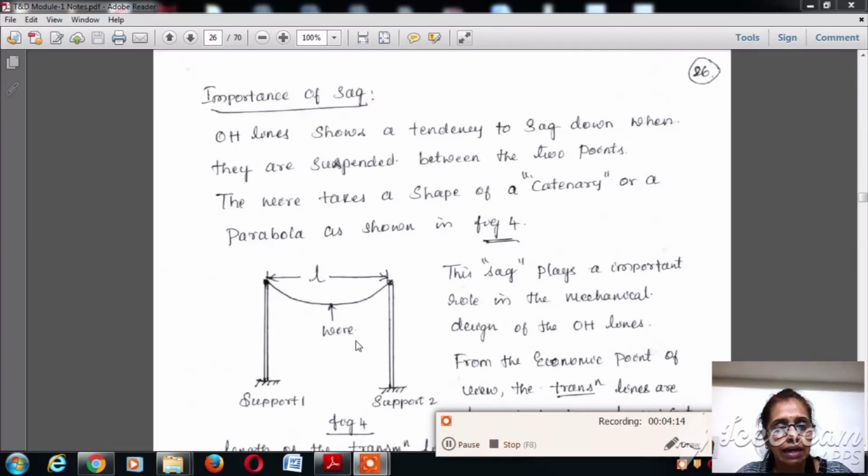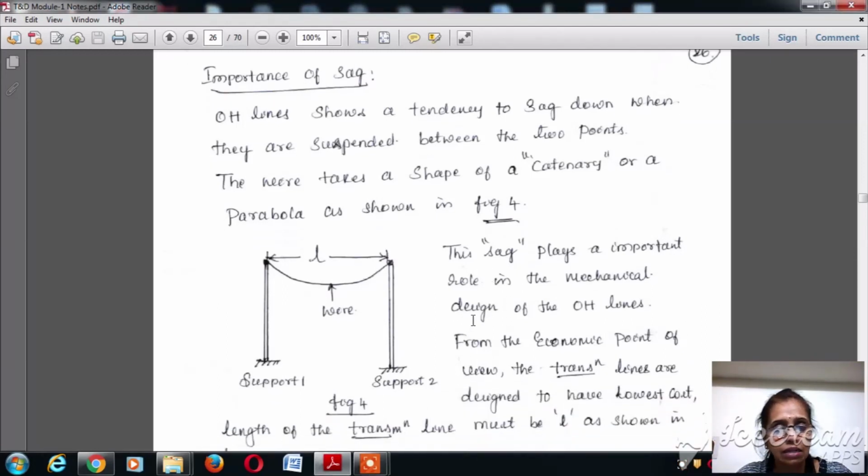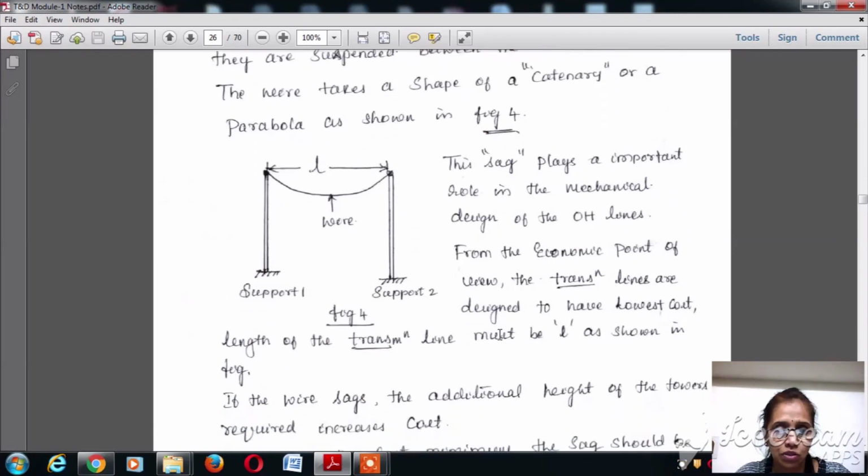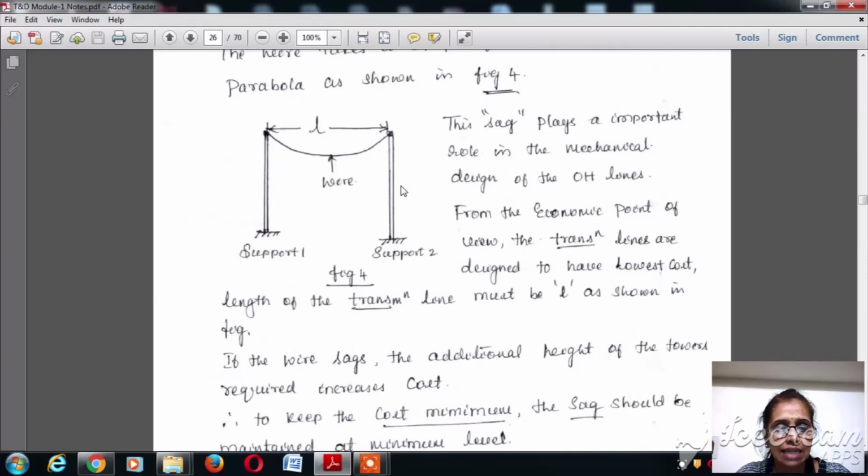here, in terms of the mechanical design of overhead transmission lines. From the economic point of view, transmission lines are designed to attract the lowest cost, and the length of the transmission line must be around L as shown in the figure. So let's consider if the wire sags, there is an additional height of the tower that is required, which increases the cost. Because normally, if there are two poles across the road, one on one side and one on the other side, and the transmission line is passing and getting connected to the other pole on the other